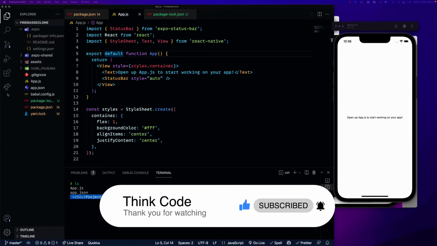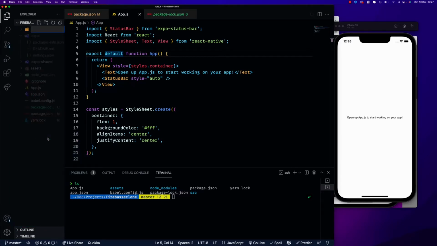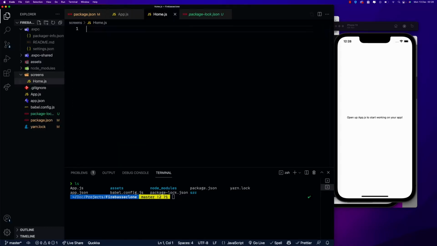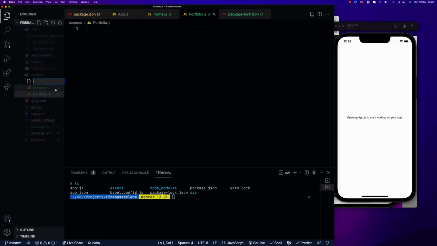Okay, so what we're going to do is go to our Visual Studio Code, and in our root directory we're going to create a folder called screens, and inside that I'm going to create home.js, and another screen will be portfolio.js, and I'm going to create settings.js,